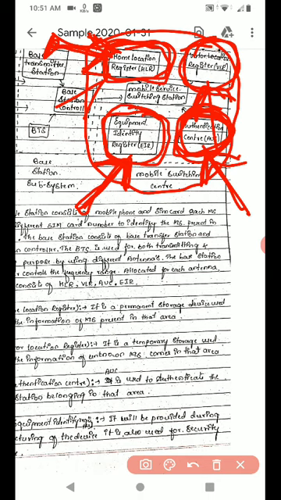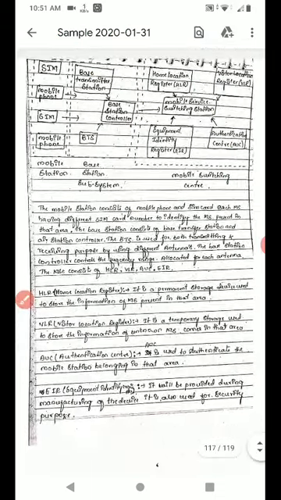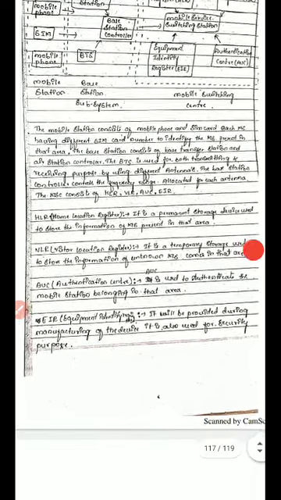And all these EIR, HLR, VLR and AUC are all connected to the mobile service switching station. They are all interconnected to this mobile service switching station. It will be used to communicate from one point to another point. These are the GSM block diagrams. It consists of the first one, mobile station, second one, base station subsystem, and last one, mobile switching center. That has been explained in the further notes.